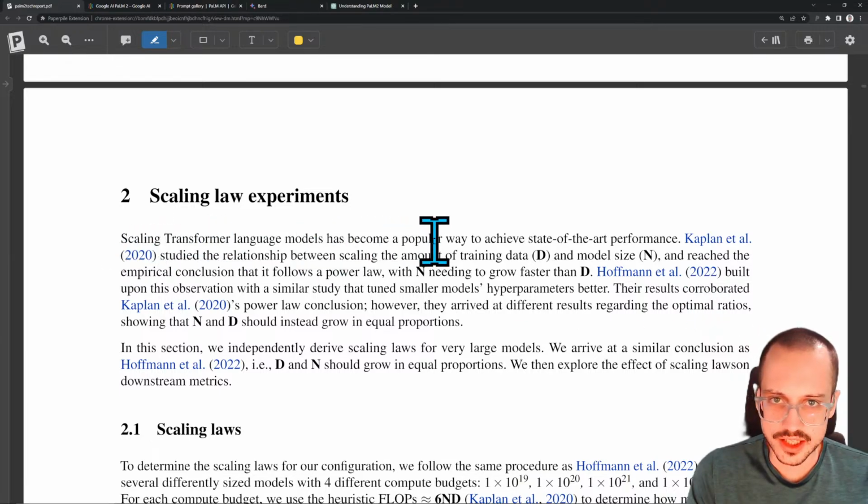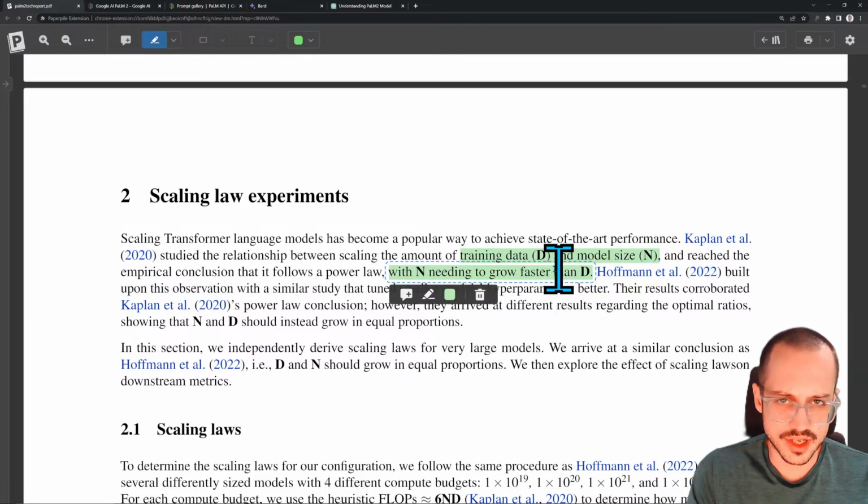Scaling transformers has become a popular way to achieve state-of-the-art performance. I don't know about popularity. I feel like it's a theoretically sound way to improve performance. Showing that the amount of training data and the model size, so they have definitions here, reach the empirical conclusion that it follows the power law, with N needing to grow faster than D. I don't know if I agree with this. I think you can